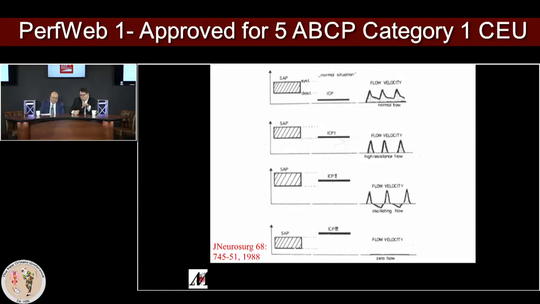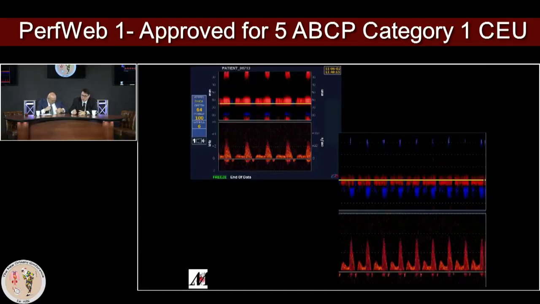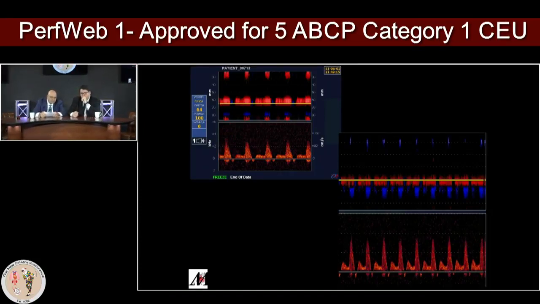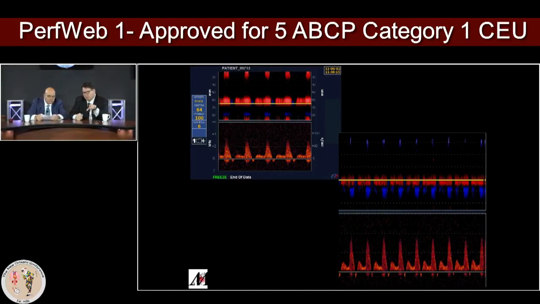And finally, this is a really sad part: increased intracranial pressure can shut down your circulation. That's your brain dead situation, when your increased ICP is right between the systolic and diastolic perfusion pressure. The flow goes back and forth, so it doesn't really progress all the way to the tissue. And I just want to show you an example of how hypoperfusion looks. Right now we have a mean arterial pressure of 30. You see the gap in the systole and diastole, and now what we're going to do,